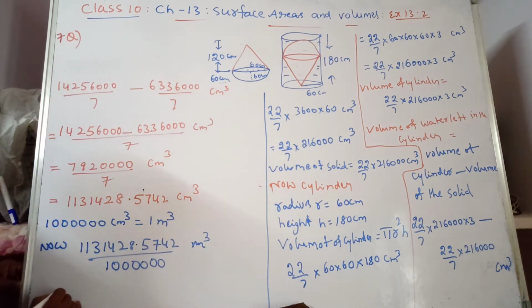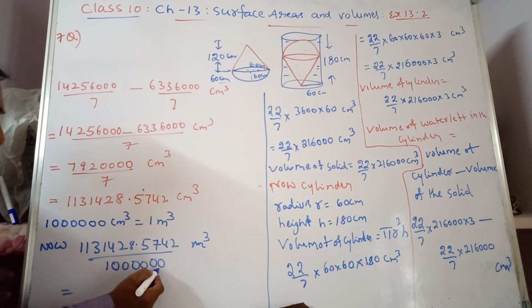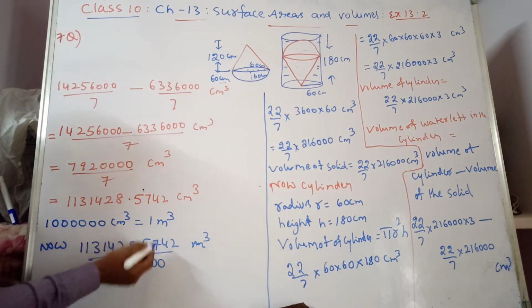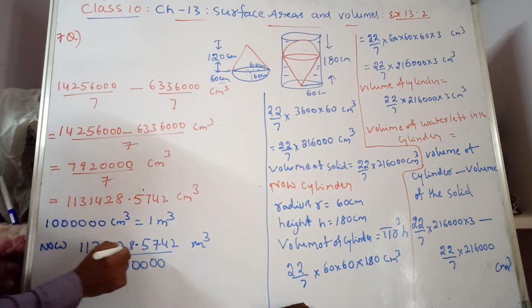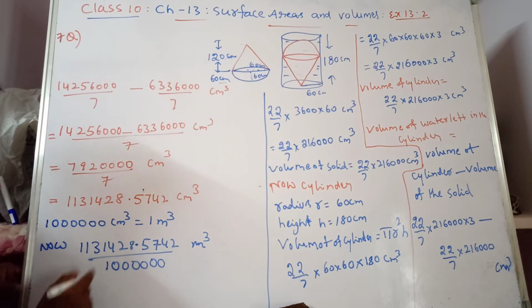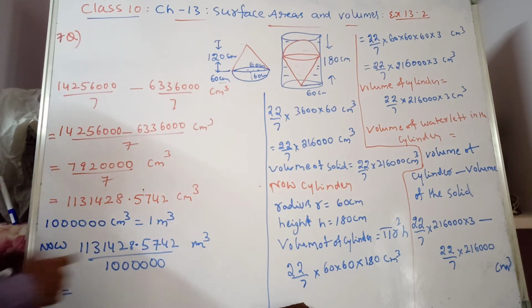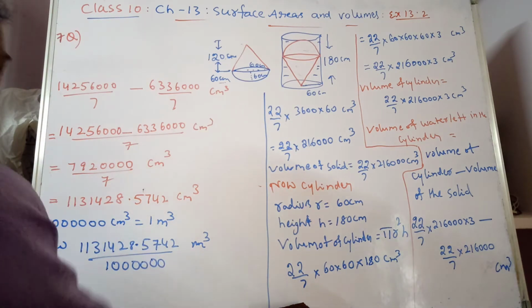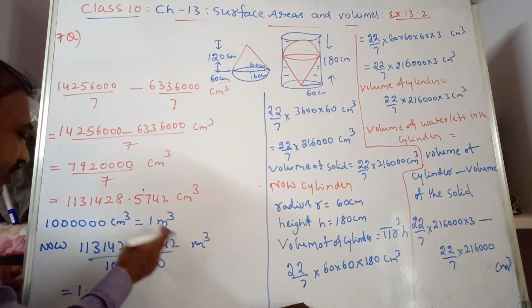Now you convert this in the decimal form. As 6 zeros are there, observe it, 6 zeros are there, the decimal point will move towards left 6 digits. 1 2 3 4 5 6. Observe it, it moves towards this side. So when you convert into decimal, the answer will become 1 point.